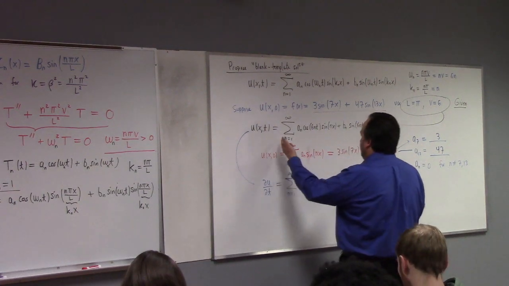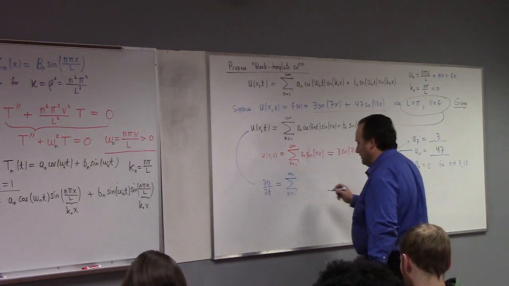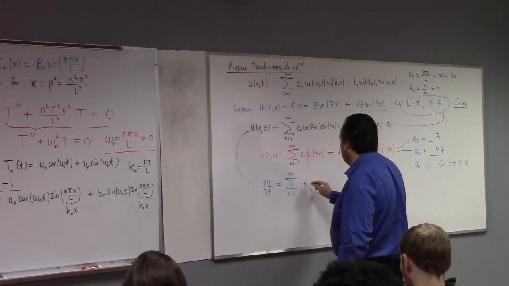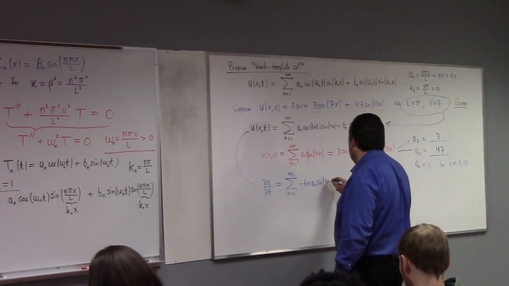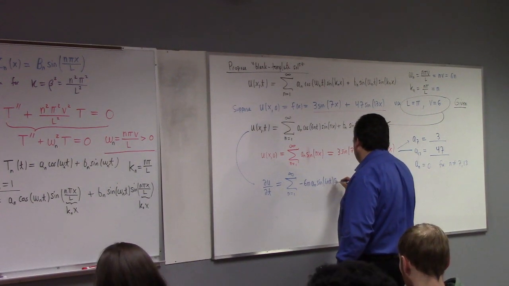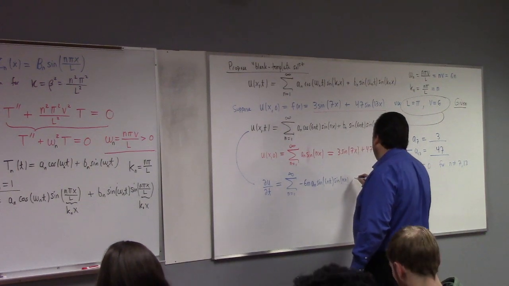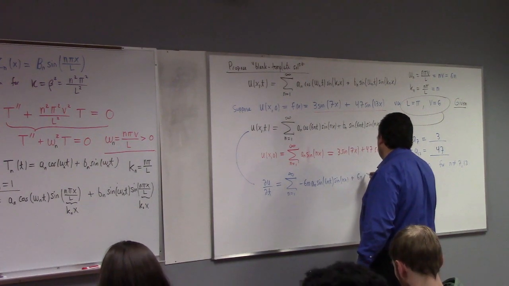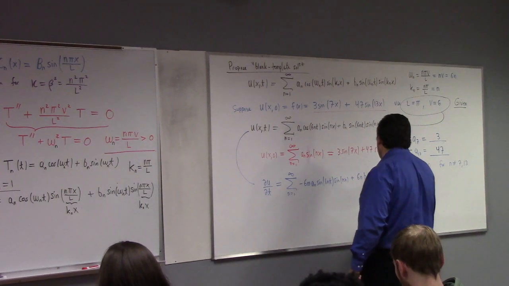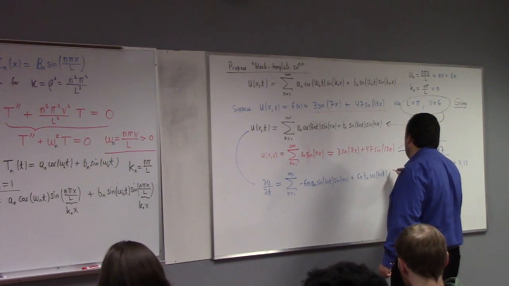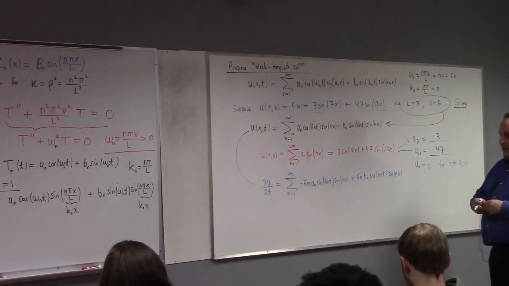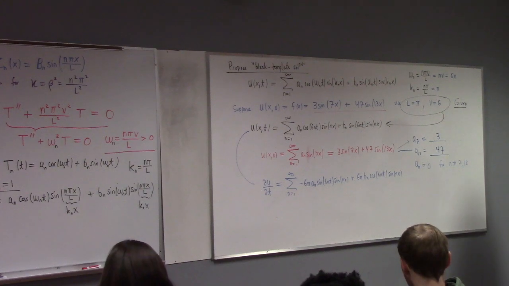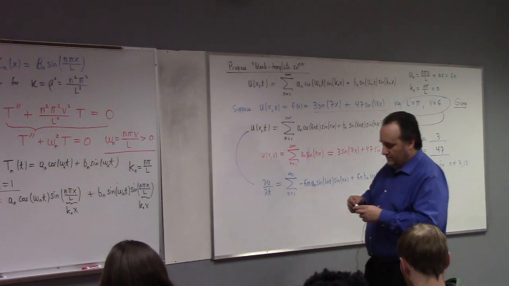Can you take the partial derivative of this with respect to time, t? What do you get? We get minus 6n a sub n sine of 6nt sine of nx plus 6n b sub n cosine of 6nt sine of nx. Now we already know that most of those a sub n's are non-zero, right? Great. So now I need to make up the